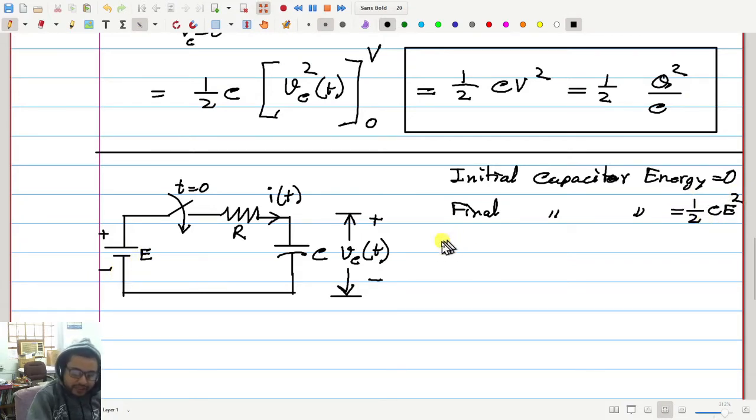So that means the energy input to the capacitor